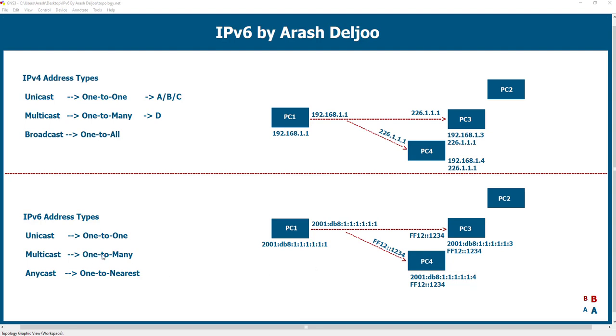The concept of multicast in IPv6 and IPv4 is the same. Because of that, between IPv4 addressing and IPv6 addressing, we have two same types of communication, or two same types of addresses: unicast and multicast. Unicast is used for one-to-one, multicast is used for one-to-many. That's it. But let's talk about more